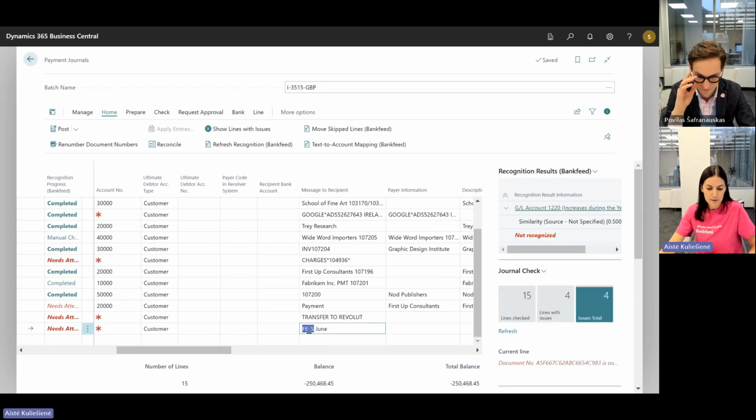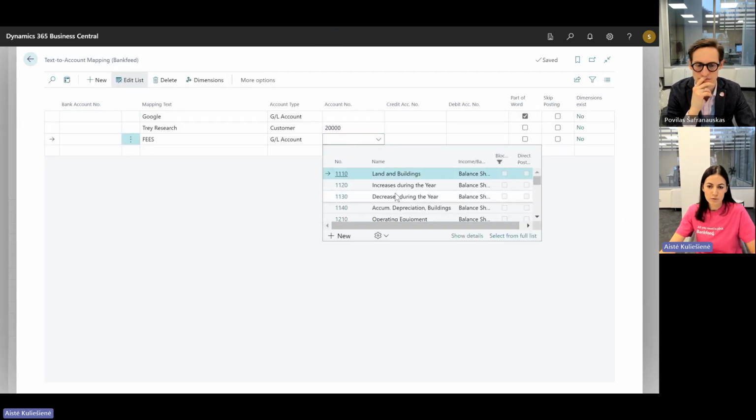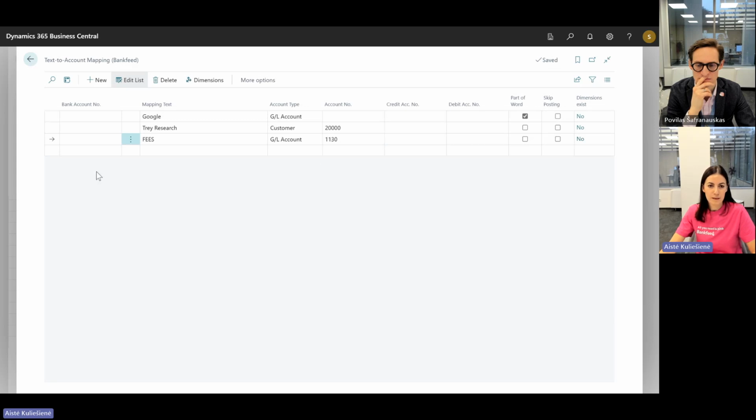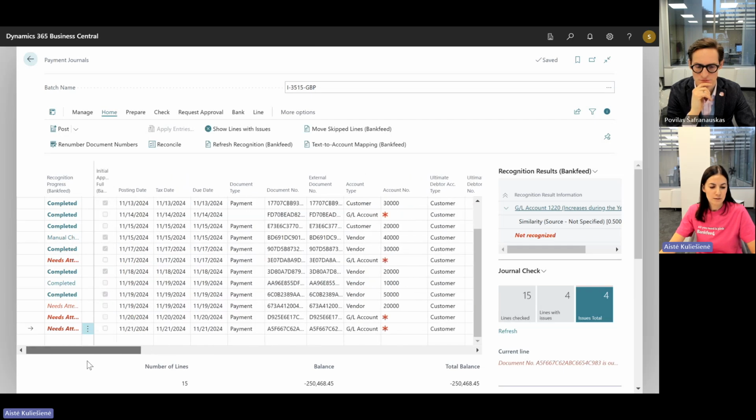So we can add a new rule to recognize our payment. So we add this rule and select the account number, go back, and we need to refresh recognition to see if this rule works.